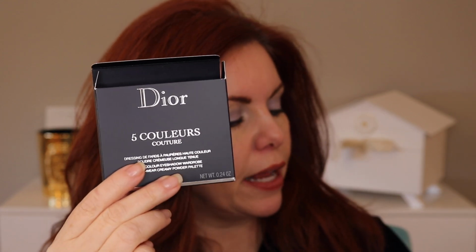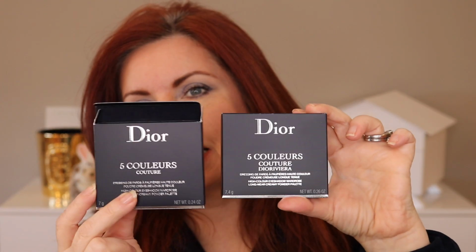However, I want to mention that I also picked up the summer collection from Dior, the Riviera and the Bear Dare. I will double check that on my phone. But that one, the Bear Dare, was literal. It was a long story. It just got to me. But the point is, the packaging is the same. It has that same velvet matte kind of packaging. And I don't remember them saying that the summer collection was a different formula. So that's kind of interesting to me. So I'm going to have to go through and look and see if the